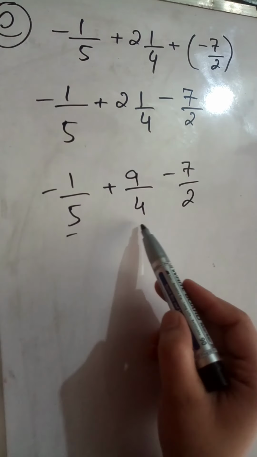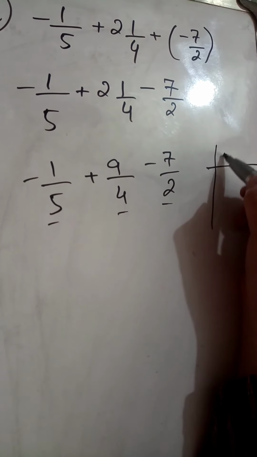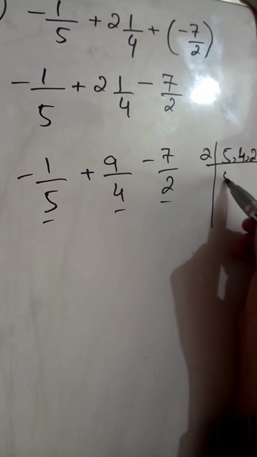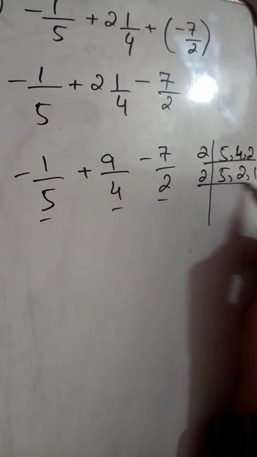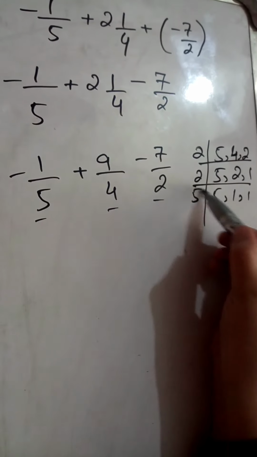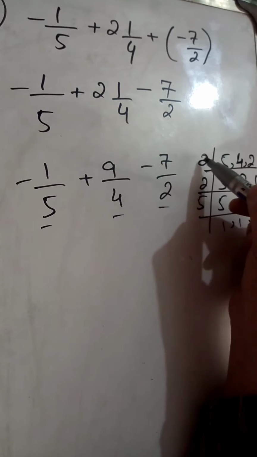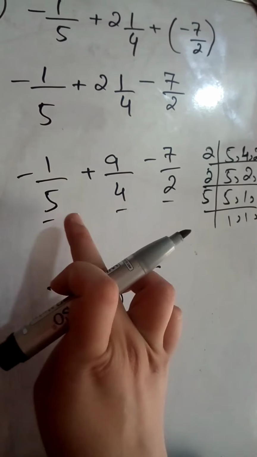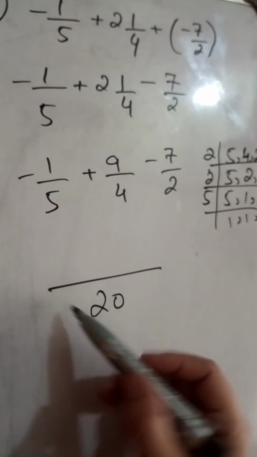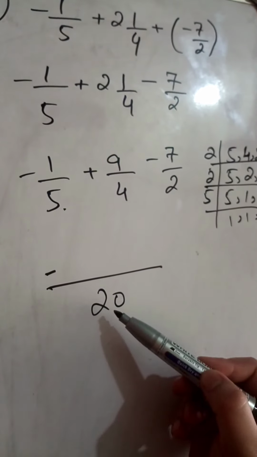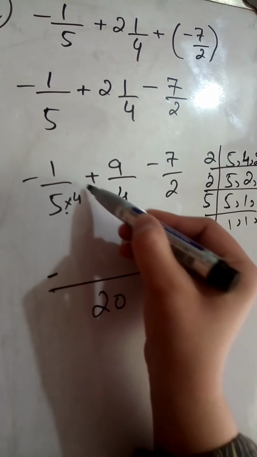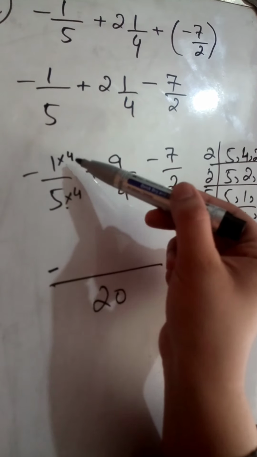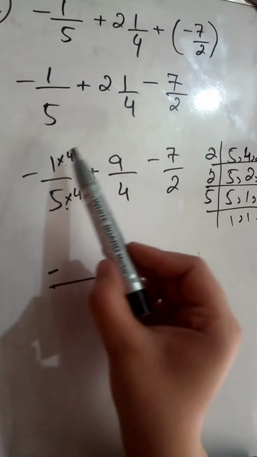Now take the LCM of 5, 4 and 2. I would prefer that you take the LCM like this because it also revises your chapter 1. 2 2s are 4, 2 1s are 2, then again 2 1s are 2, 1, 5, 1s are 5. Now divide the factors, multiply the factors. 2 2s are 4 and 4 5s are 20. Now when we multiply 5 with 4, it becomes 20. Multiply this 4 also with the numerator. Don't forget to multiply that number also with the numerator. And here we just write the numbers that come in the numerators.